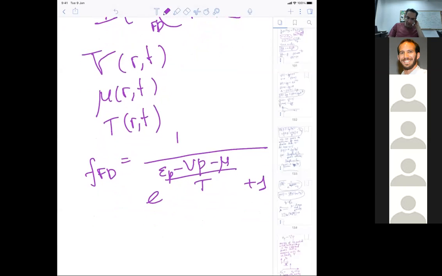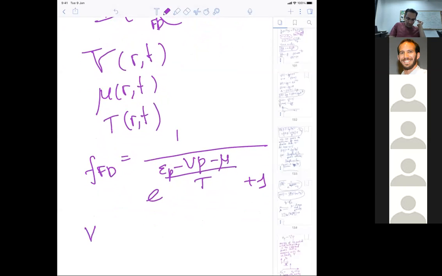There are 3 parameters: V, nu, and T. 3 constants, yeah? So I can choose whatever value of these constants I want, and the collision integral acting on a Fermi-Dirac distribution function with these constants will still be equal to 0. It means that I have 3 fields that I can change,